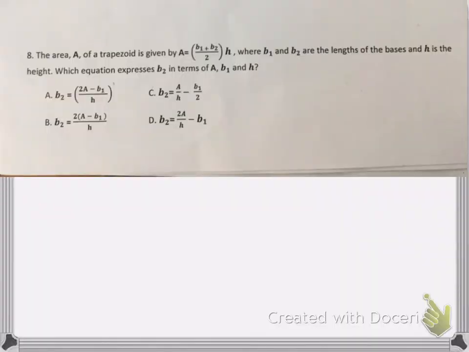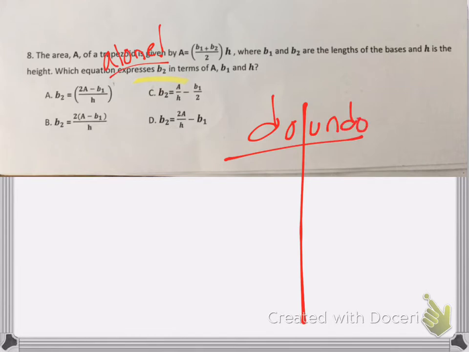Question 8. The area of a trapezoid is given by that formula, where b1 and b2 are the lengths of the bases and h is the height, which equation represents b squared in terms of all the other variables. Well, this is another example of a do-undo table where you're trying to get b, not b squared, b sub 2. It's not b squared, it is a subscript. So b sub 2, you're trying to get that alone,